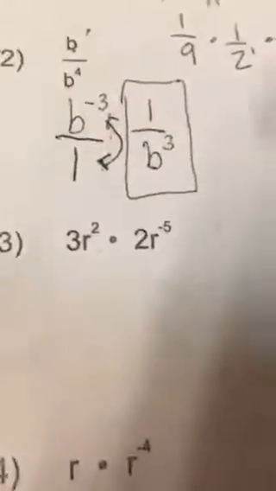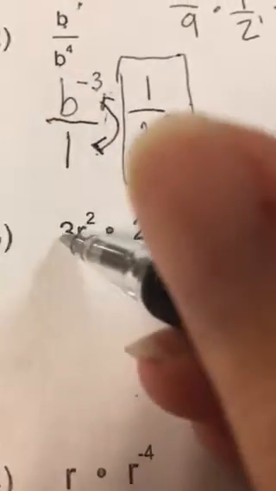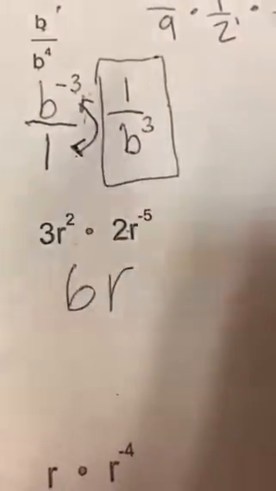For number 3, since I have two coefficients out in front, I'm just going to multiply them. 3 times 2 is 6. And then I have r, and I know